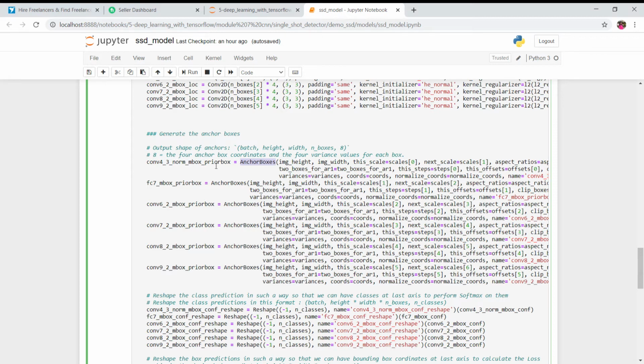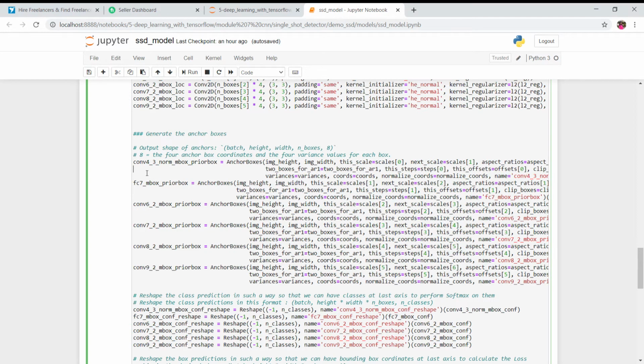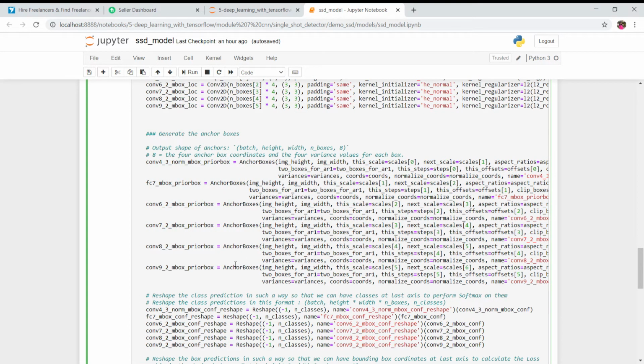If you see over here, I have called all those required parameters which are necessary while creating an anchor box: image height and image width on which you want to plot this anchor box, and then the scale values, and then the different aspect ratios, right? So this is what we are doing for every prediction layer. So now we have created anchor boxes for all 6 layers.